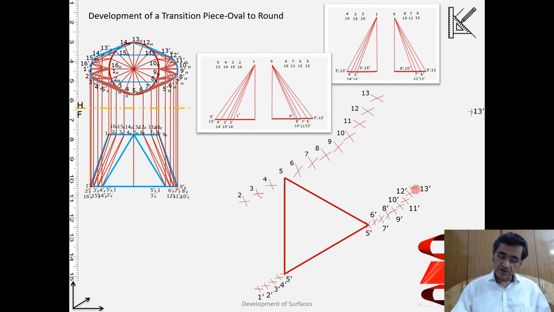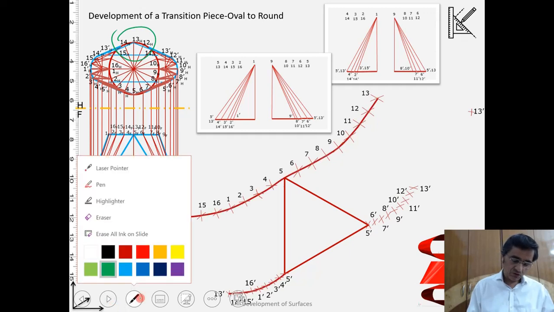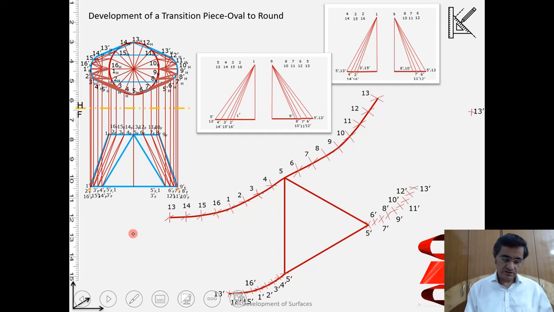and over here 13 dash 13 dash is here, which is similar to this triangle 5 dash 5 dash. Okay, so this is what has been done there, and I'm locating the point on both sides. Okay, so once all these points have been located, I will join them.